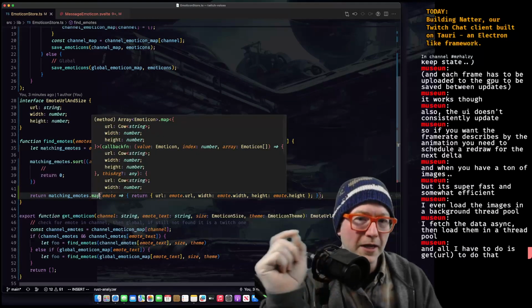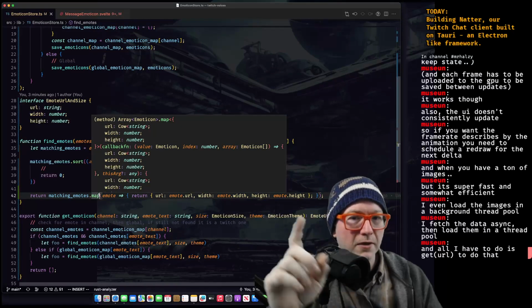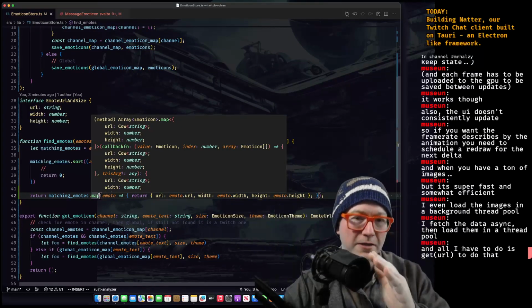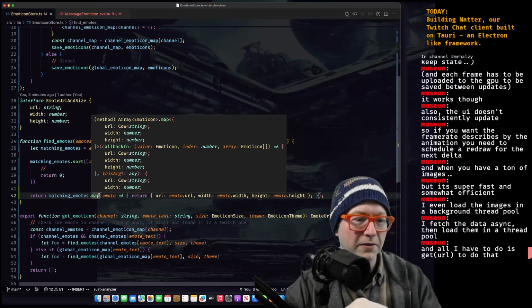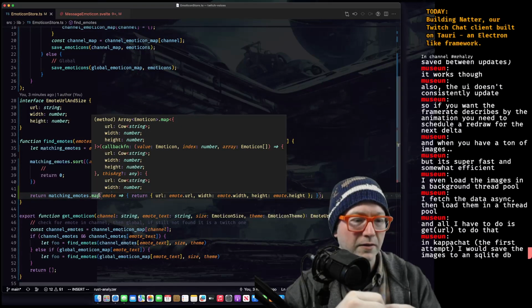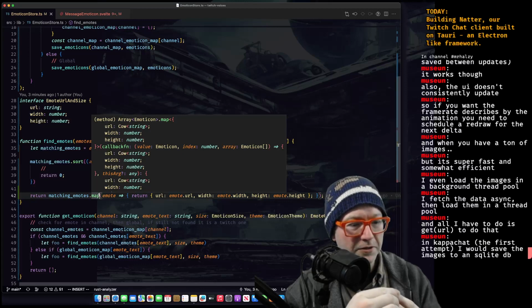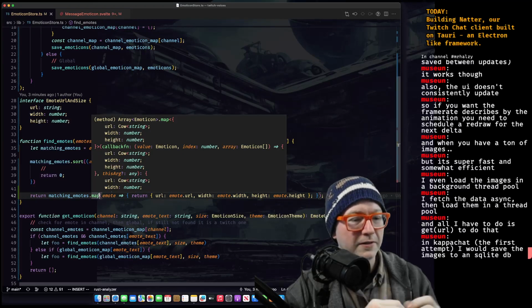So if you're playing the same image multiple times, are their frames synchronized, or can they have different frames being played concurrently? You would save the images to an SQLite DB. Gotcha, yeah.